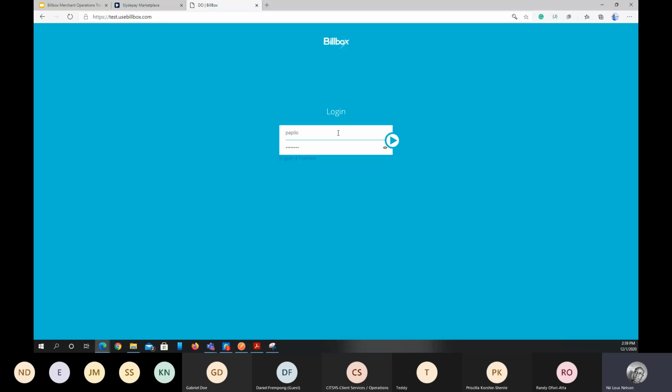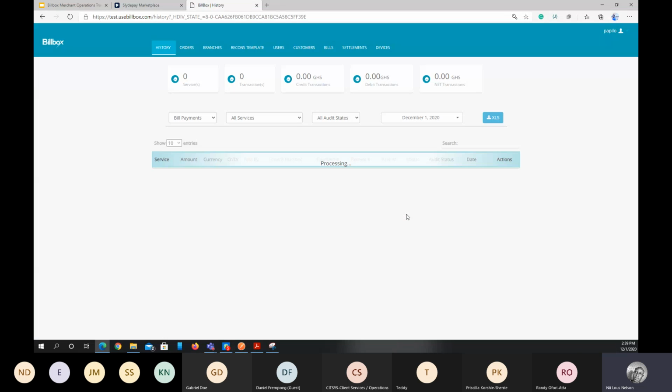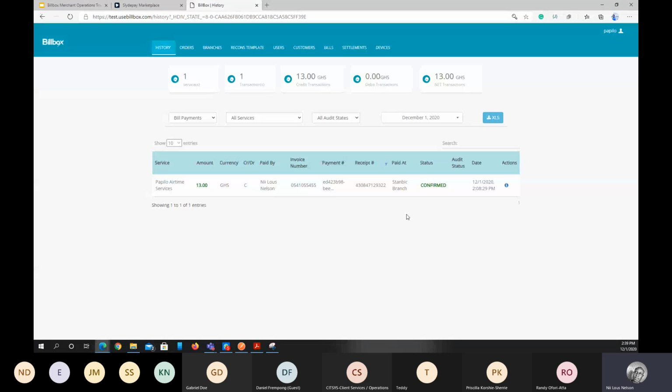And then there are two things. I can click enter or click this button to basically log me in. Okay, so now I'm logged in